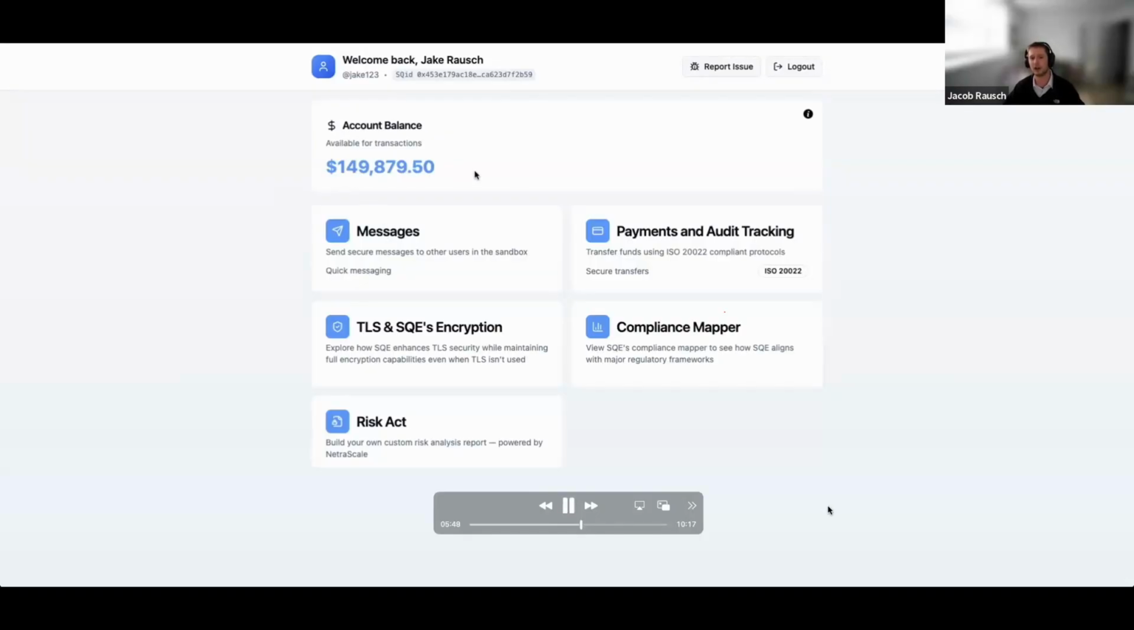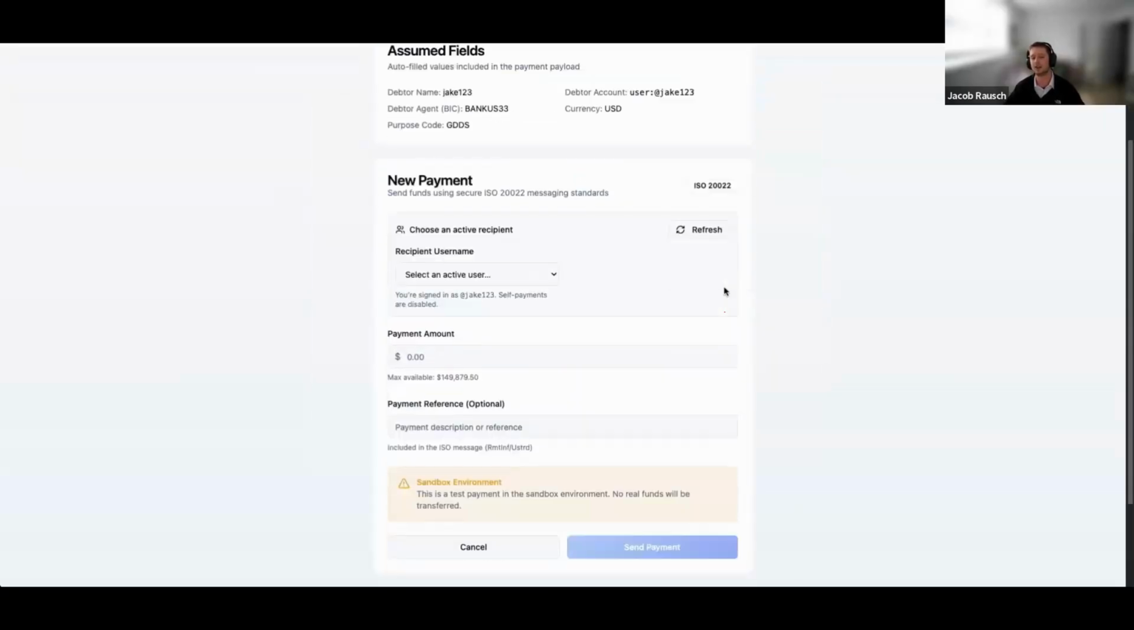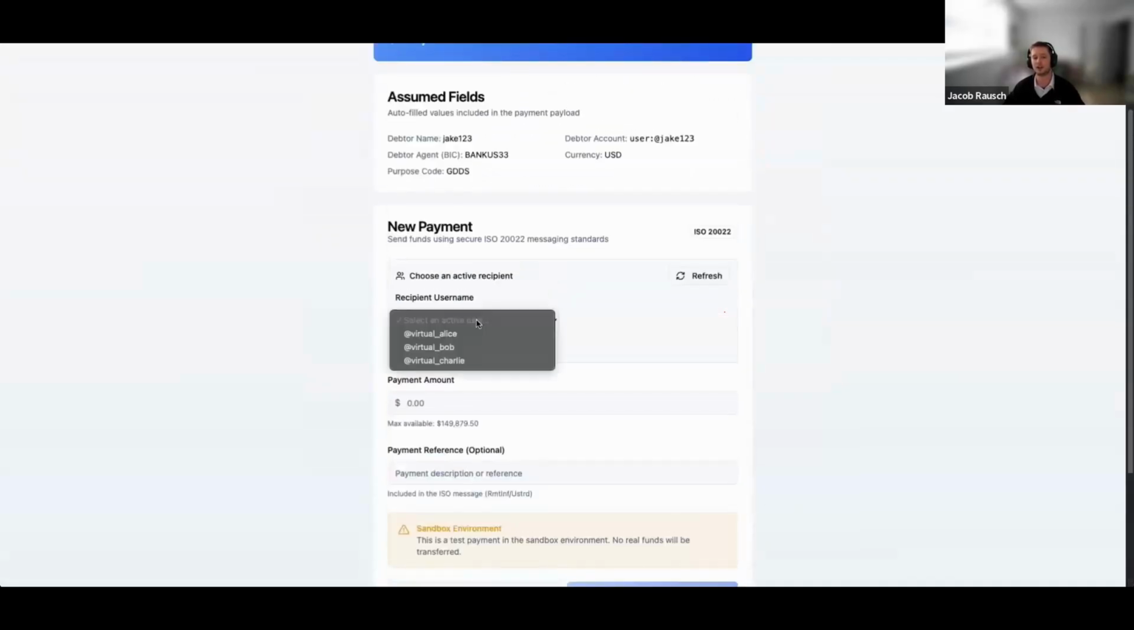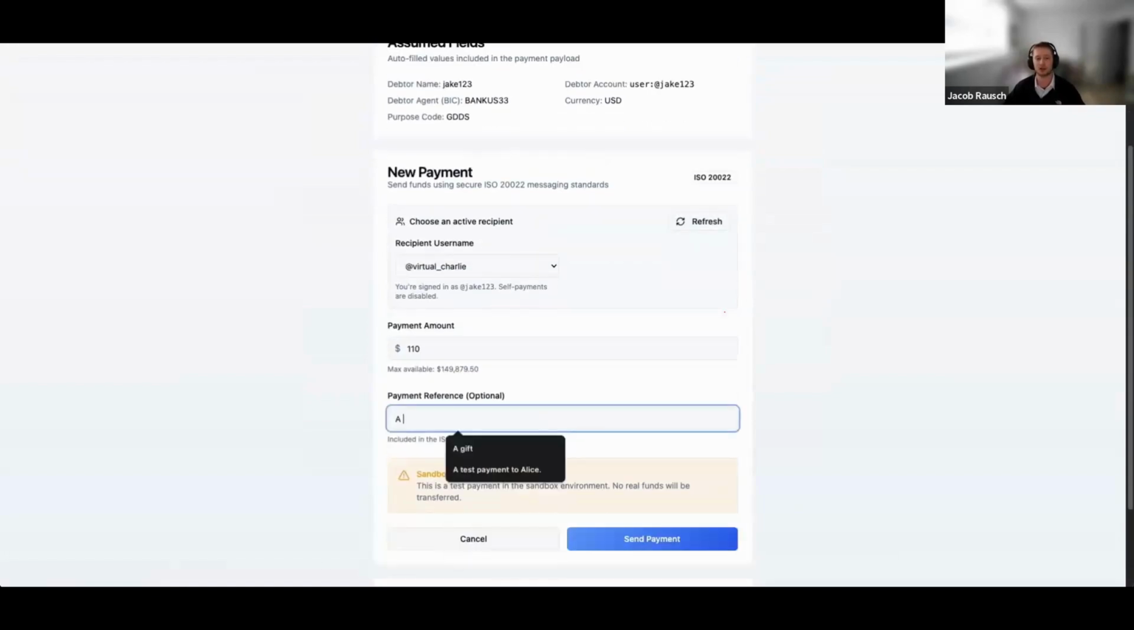And so now we're going to go back to our payments. We can see the account balance has updated itself and stored. And so you can see all the recent transactions that you've put through. This time we're going to send a payment to Virtual Charlie, $110. We'll add a description. And what we'll be able to do is, again, see that ISO compliance in effect, but